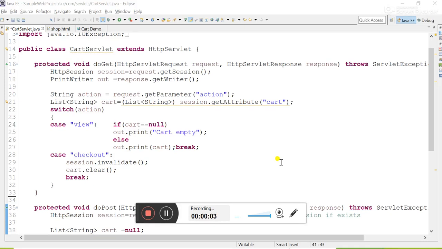So in part 1, we learned how to create a session, how to create a cart and add items to the cart. Now let us continue from there. Here if you see my screen, I have the doGet method which takes the action